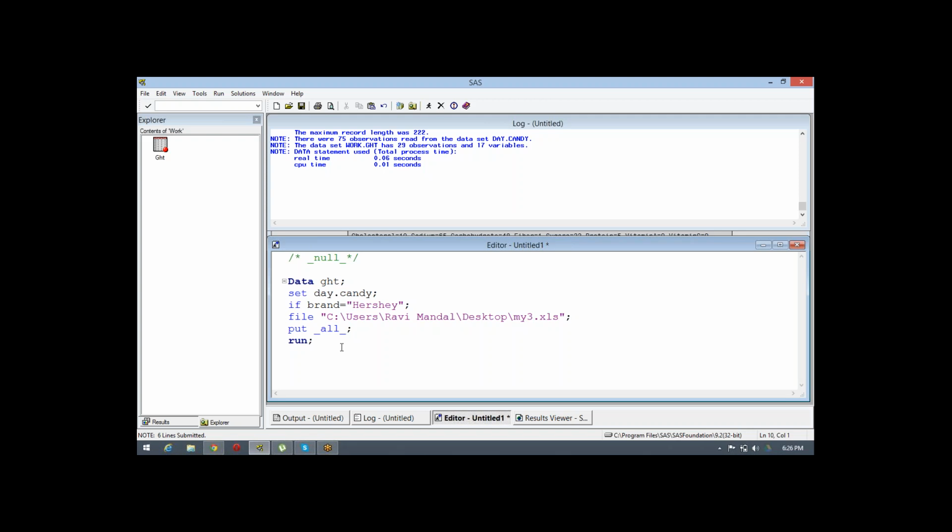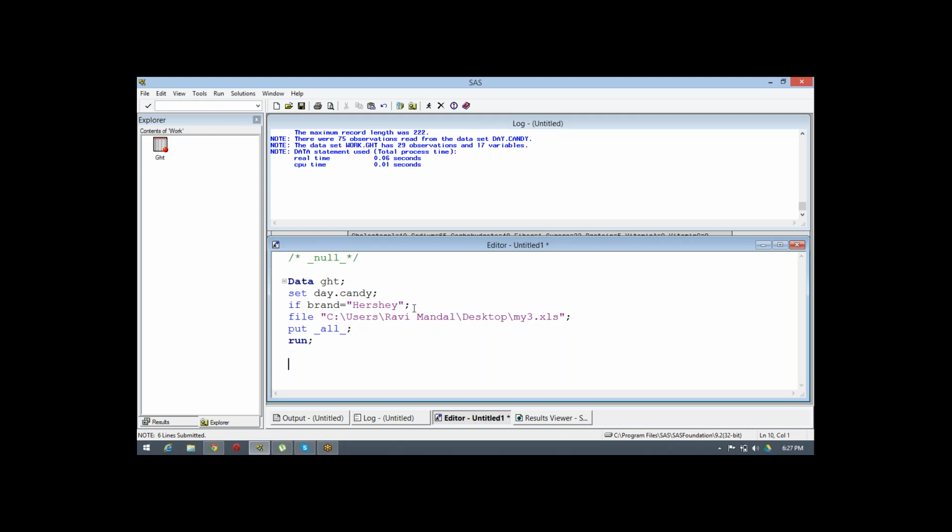But basically the function of _null_ tells us not to create anything, just to manipulate, and use logs, use your output window, use your external file where you want to save a file. And if it looks fine, then you just replace the _null_ with a name, so the new dataset gets created. Created, yeah, the way we are doing now.